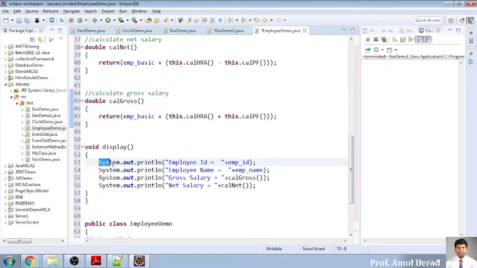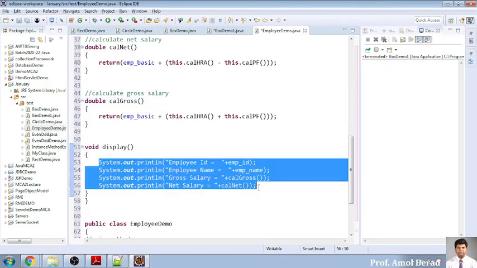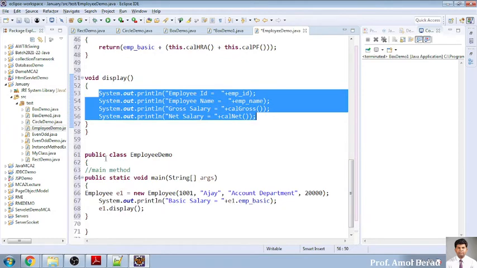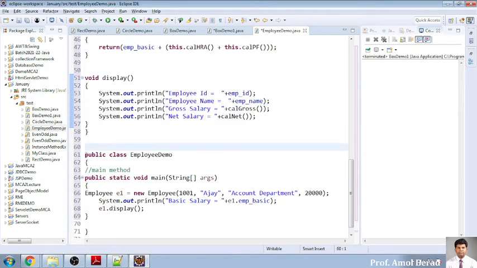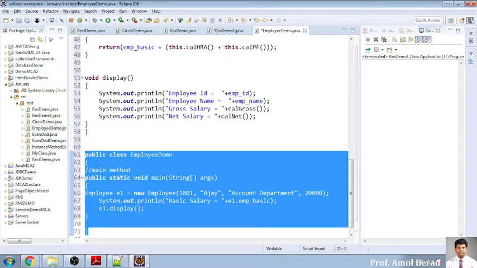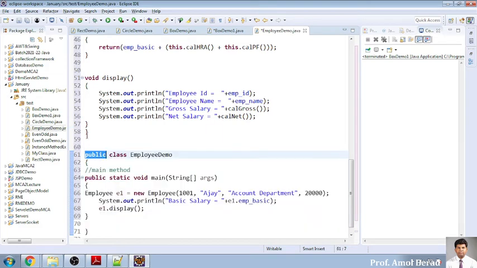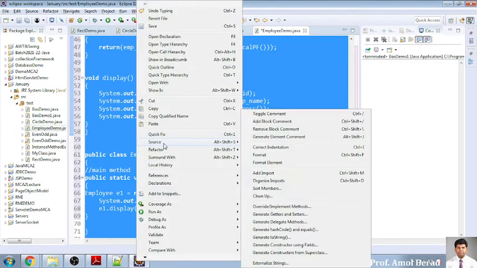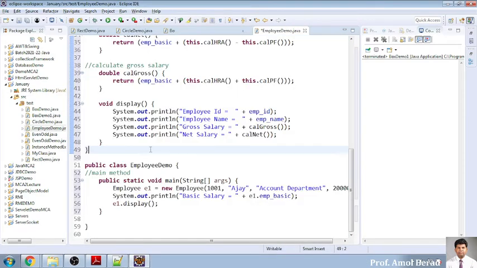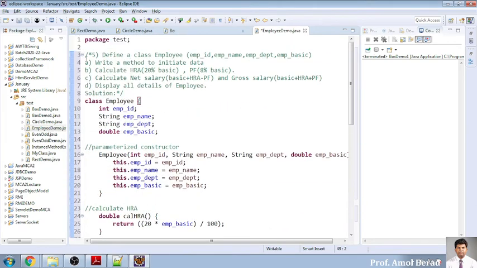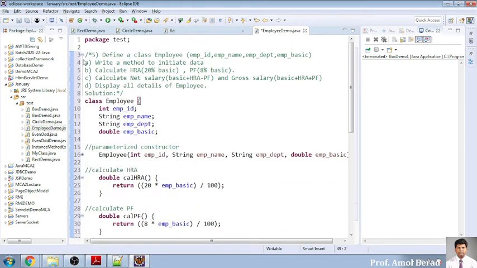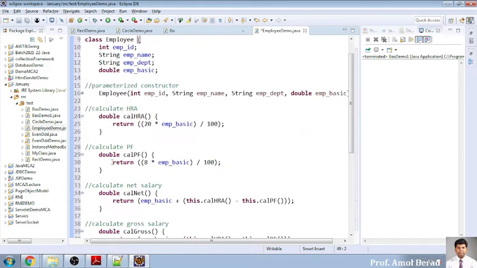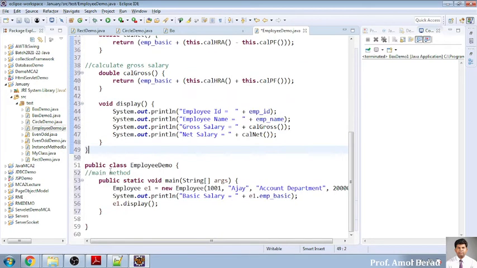So I will be displaying the whole information, and after that all these operations will be operated from a separate class. So this is a separate class; here the logic of this one is finished. I am just formatting it so that it will be very clearly visible in front of you. So source and format. Okay, so this is the closing of my first class, and this is the closing of the second. This is the second class.